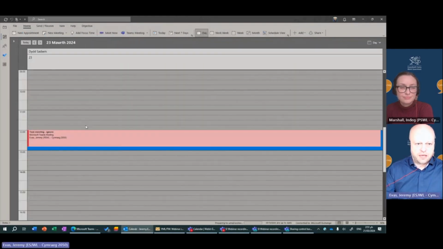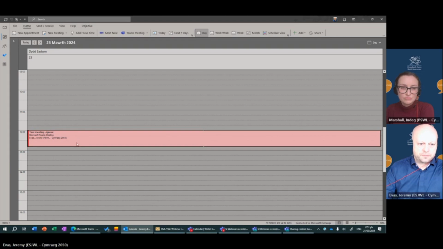Hey presto, in Outlook, we have the meeting there. And also in Teams, that meeting will have synced through. Nothing that I've done yet will have enabled us to set the language interpretation up. So that's the next step. You've got to have a human interpreter, you've got to have a virtual meeting set up as normal, and then this is how we do the language interpretation.